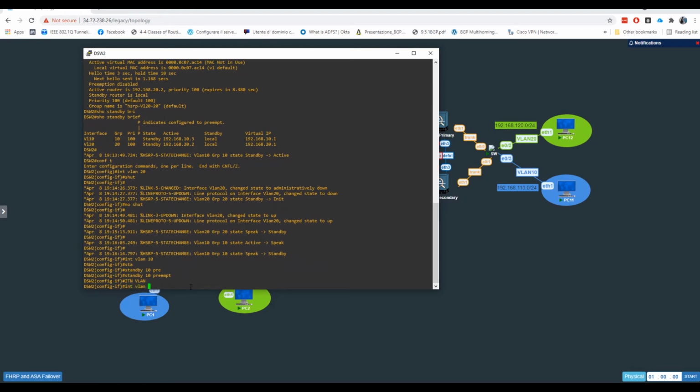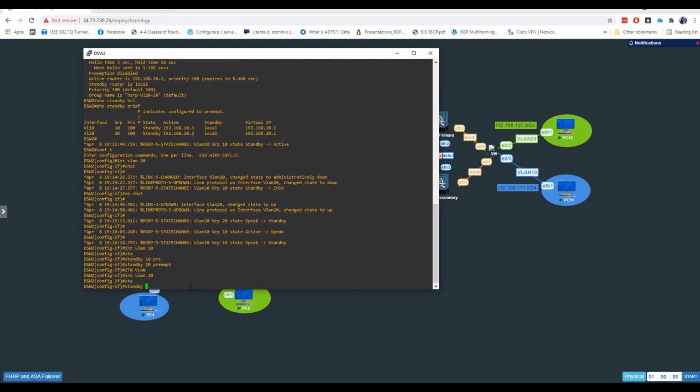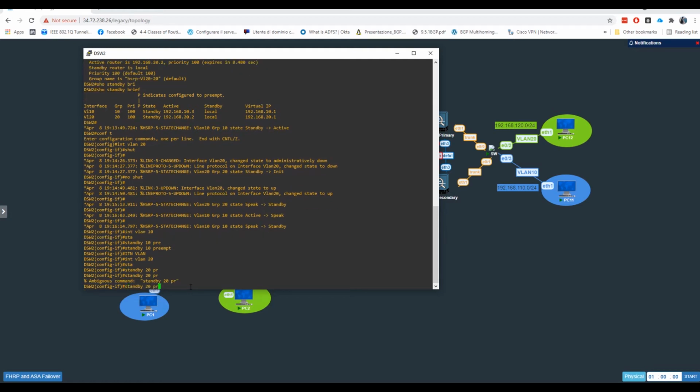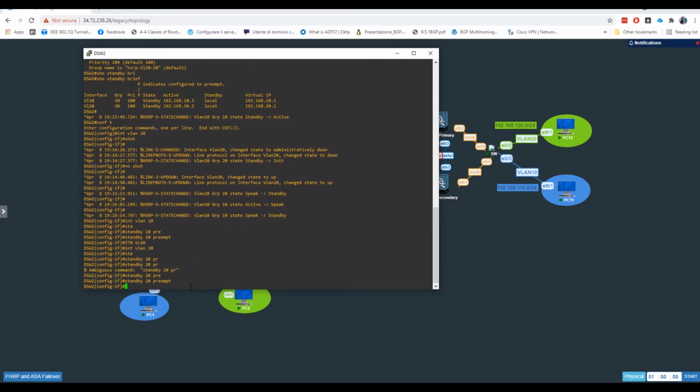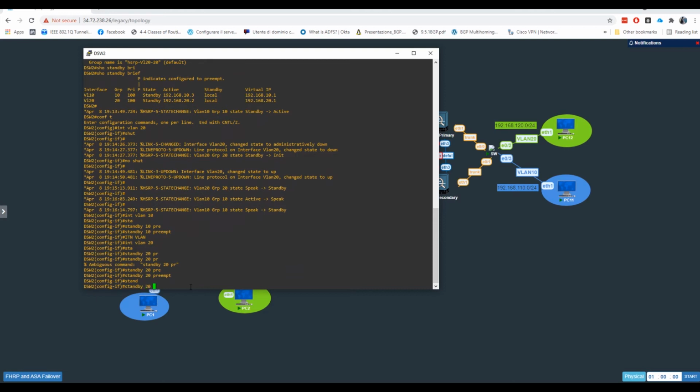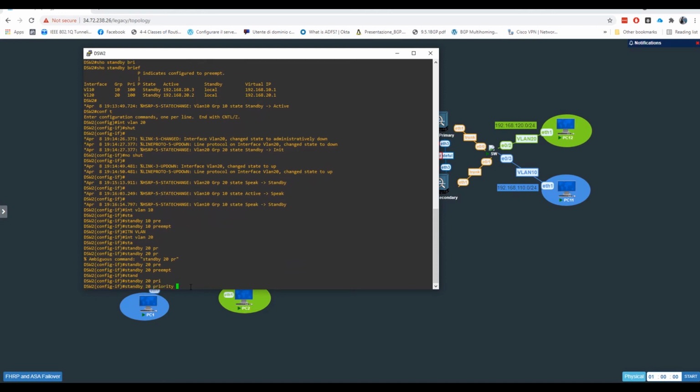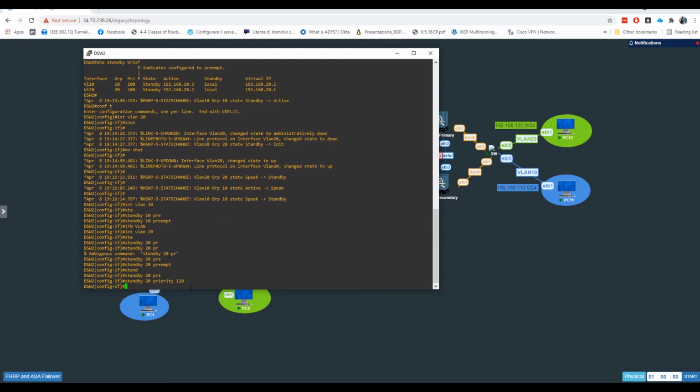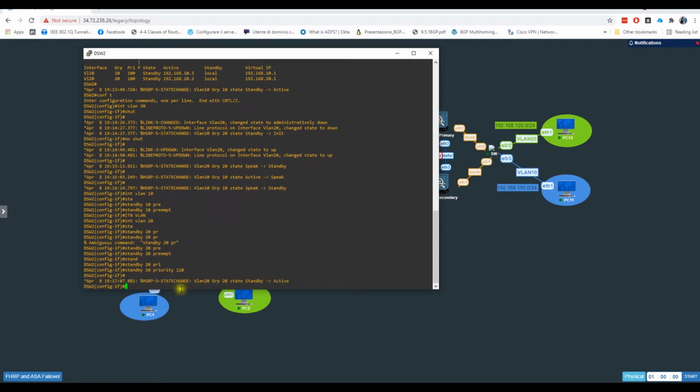Interface VLAN 20, standby 20, preempt, and standby 20, priority 110. So now I'm going to shut down the VLAN interface, and we'll check what